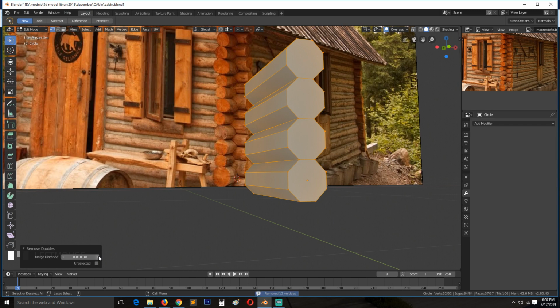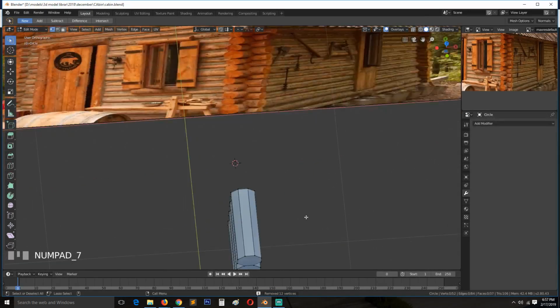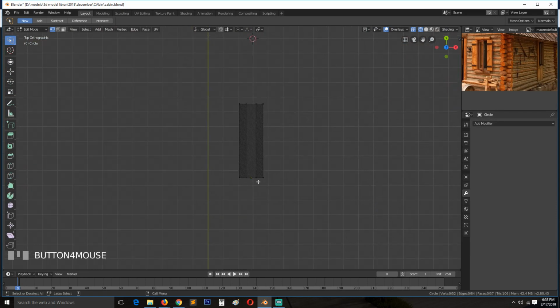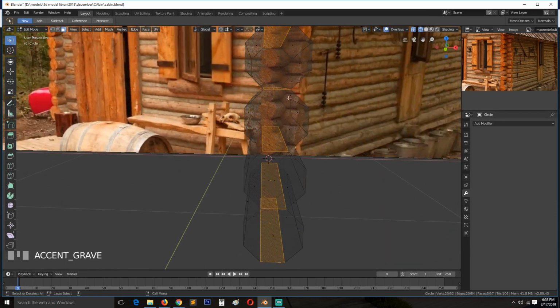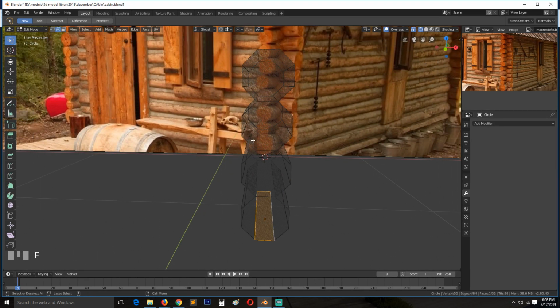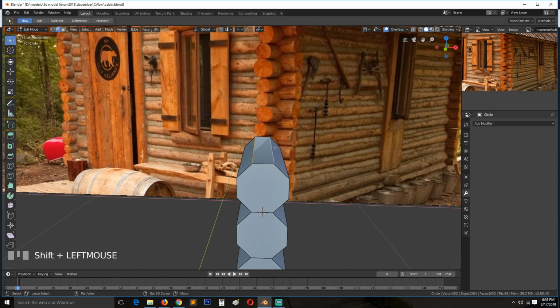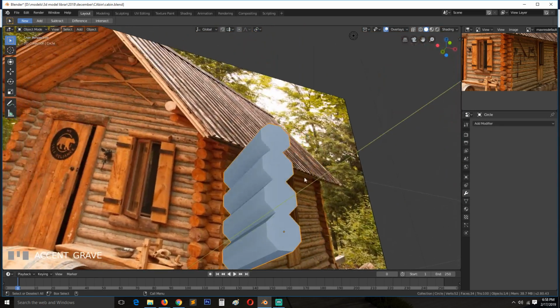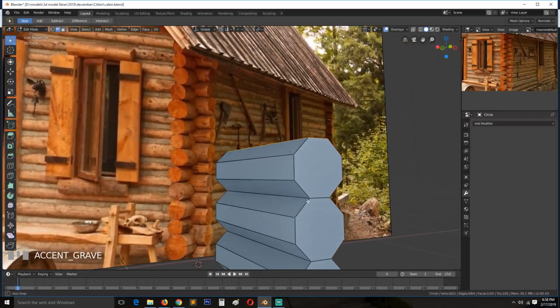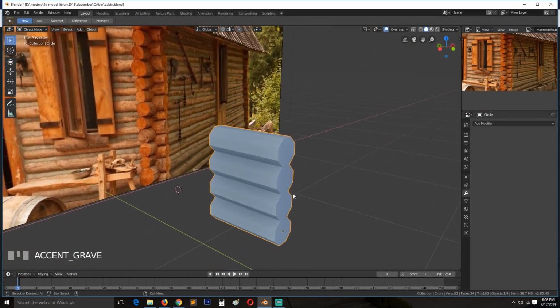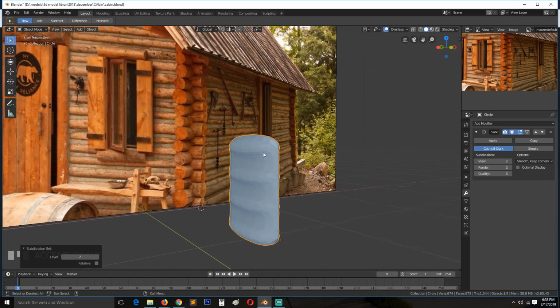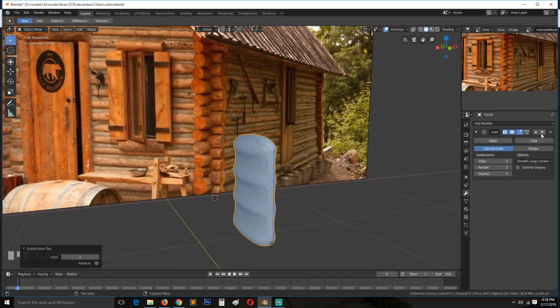Increase the vertex count, my distance, and we should have some vertices first between every log, but we need to delete that. Just leave the top ones like that, and now we have something like this. So if we add a subdivision surface, you see we have something like that,